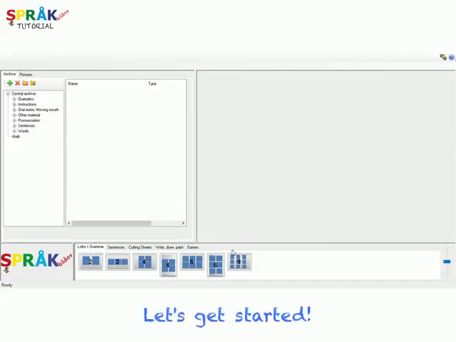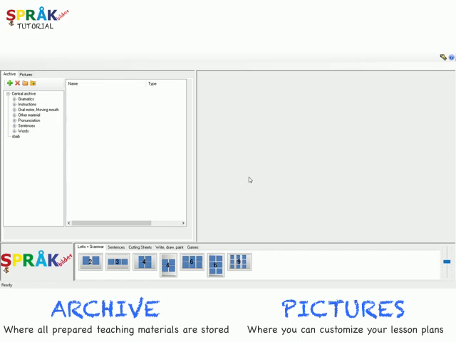Let's get started. So this is what the program looks like when you first open it. We begin with the two main parts of the program, the archive and the pictures, which we will discuss further in detail later on. But to give you an idea on the difference of these two, archive is further divided